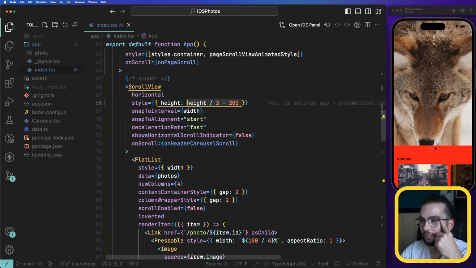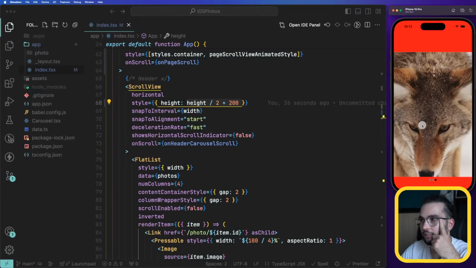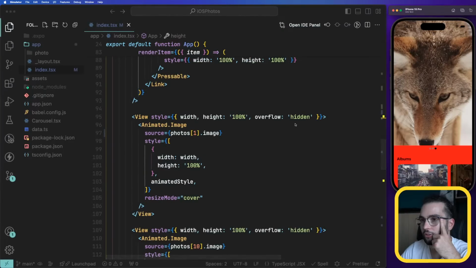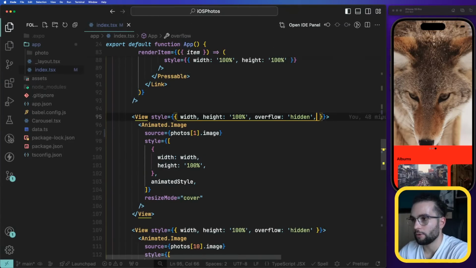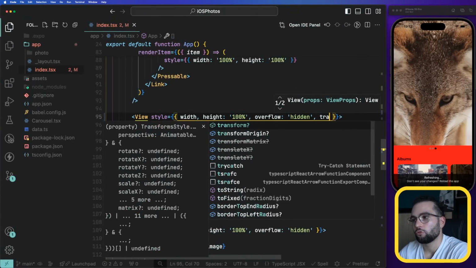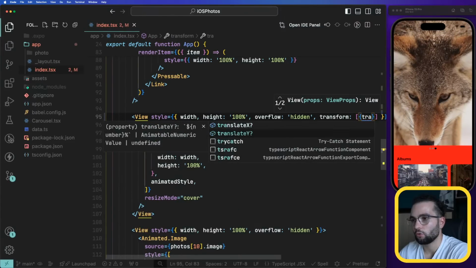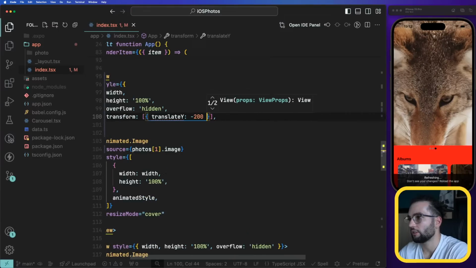But if both it increases in size and somehow we translate this image, translate y minus 200,